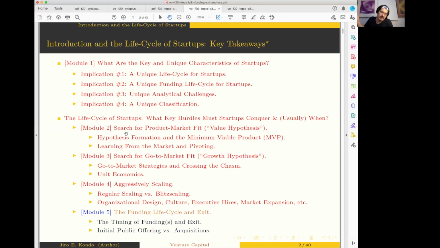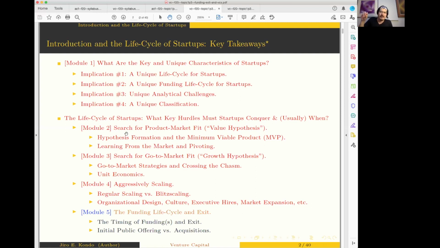Could we have done a deeper dive? Sure. If you were at Stanford, you would have an opportunity to take a full course on each of those phases. But we don't have that luxury here. I have just 1 semester with you guys, so we're trying to make the most of it. This is only part of the course, so we're going to do more financy stuff a little bit later on. But that's what we've wrapped up so far.